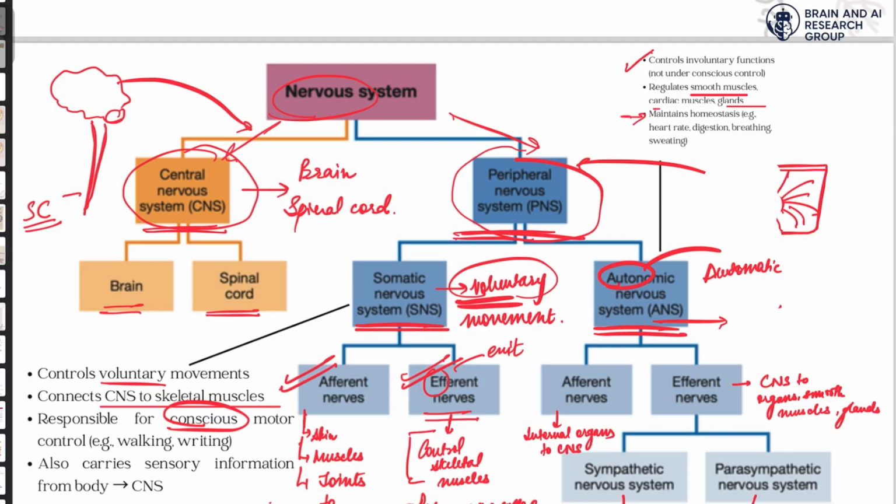Okay. Then comes your afferent nervous system. Afferent nervous system is bringing signals to the central nervous system. So the signals from your skin, from your muscles and from your joints, all of them bring signals to your central nervous system. For example, if you touch the hot coffee mug, you instantly send the signal to your central nervous system that this is hot. And then your central nervous system exits the signal saying to remove your hand, and then you remove your hand.